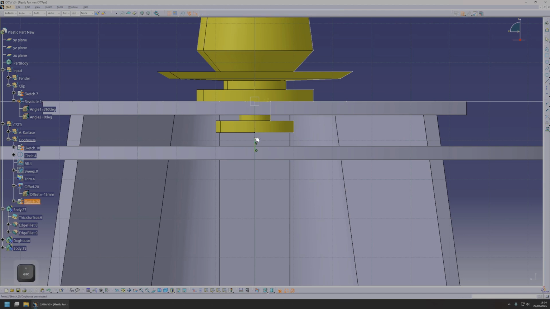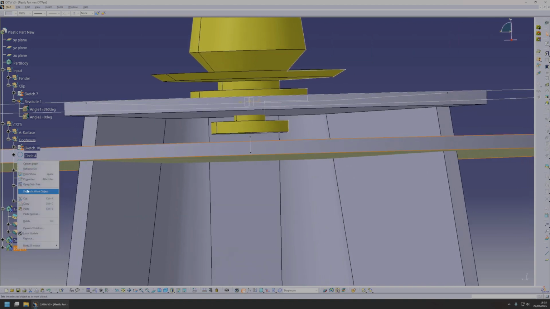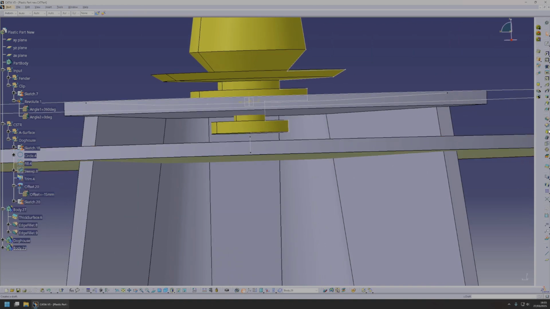Now I don't want the rib to be touching this. I just want it to be very, very close to that. This is fine with 4mm like that. Go into this geoset